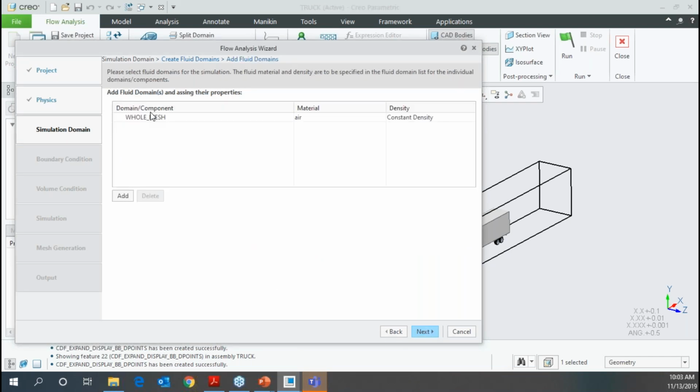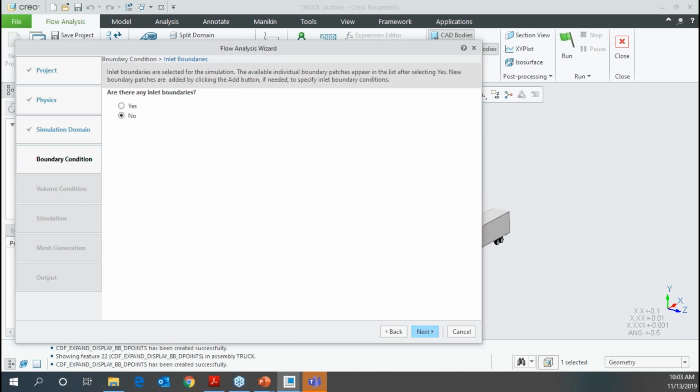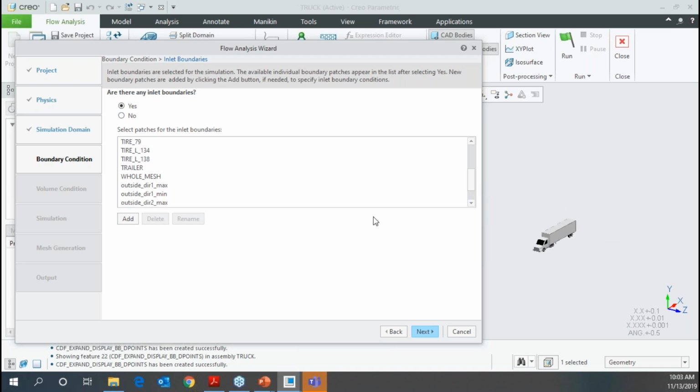And in this case, we can specify what material the truck is going to be riding in, and I would assume in most cases it's going to be air. So we'll keep it at that. Next, are there going to be any inlets or outlets? We'll say yes, there's going to be an inlet. And in this case over here,